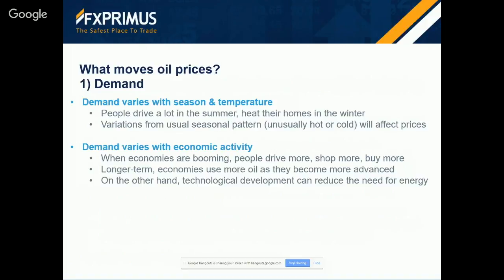So naturally, any disruptions to the usual seasonal patterns will cause a disruption to the usual pattern of oil consumption. For example, unusually warm weather can cut into demand for oil in the winter, while unusually hot weather in the summer increases demand for air conditioning, which increases demand for electricity, which increases demand for oil to supply electric generators. So weather reports are required reading for the aspiring oil trader.